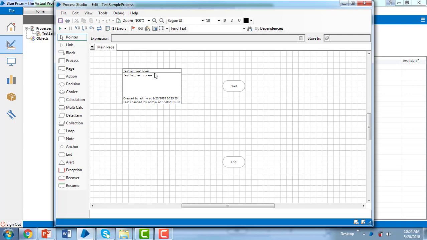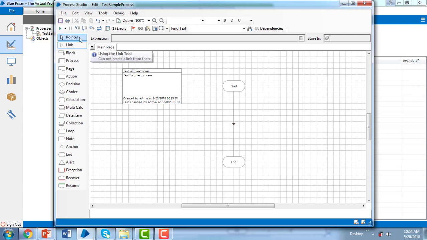If you see on my screen, you have a sample Process Studio with the process named test sample process. You have start and end. This will give a description of the sample process. As of now, this is called the stage toolbar. This is the stage toolbar, where you have play, pause and go to next step, and you will find any errors if you have them. Right now, I have just created a sample process named test sample process. I'm not discussing the stage toolbar as of now. I'm just linking between start and end,